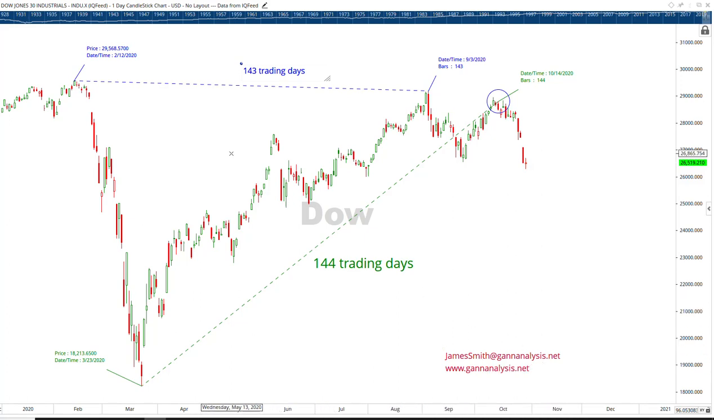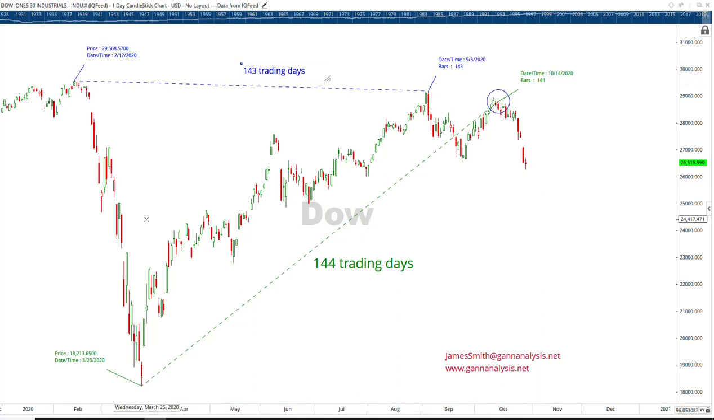Today I want to talk about 144. You know, 144 is both a Fibonacci and a Gann number. It is important. It's perhaps one of the most important numbers you can use when you're doing trading counts or calendar counts. You want to know that this number is the one you need to count from every high and